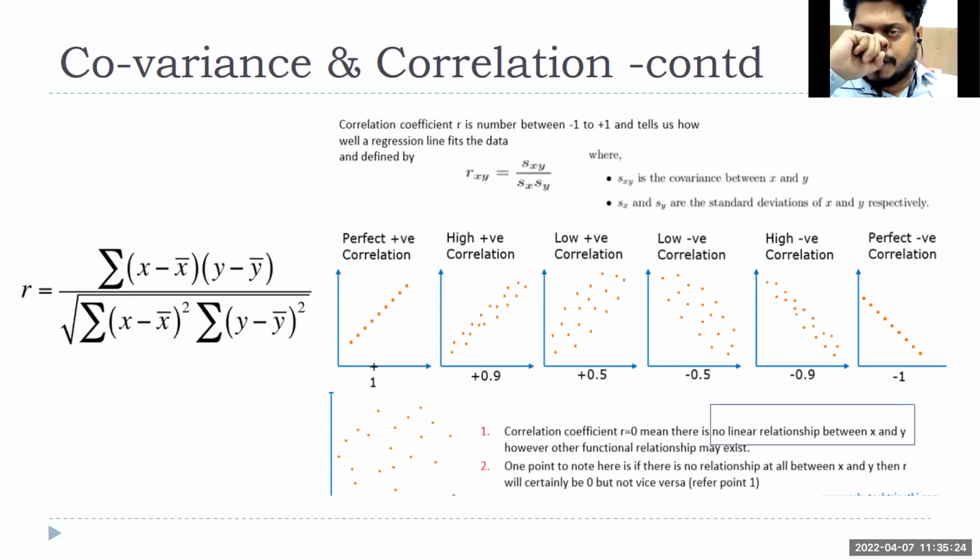So when you talk about a linear relationship, can I build a linear equation using these two variables? If I can say that the economic growth rate is some value multiplied by the oil prices, that becomes a linear relationship. When we are building this correlation, if the correlation coefficient becomes zero, this R value is zero,